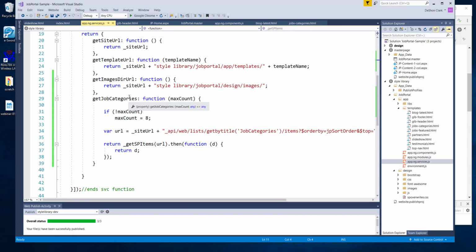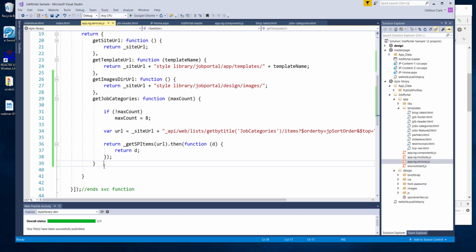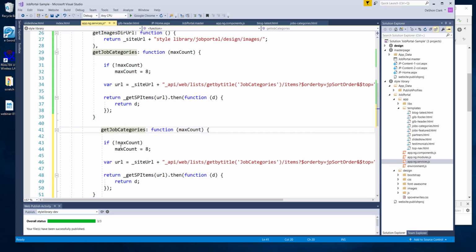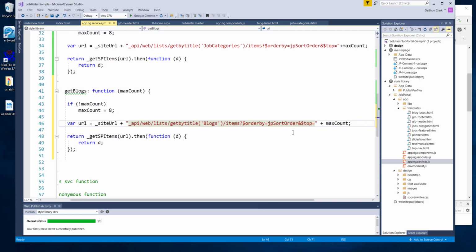So now to stamp these out is really just a matter of, like, if we wanted to say get latest blogs or get blogs, it's really just get blogs here, let them specify the max count. We can reuse a lot of this, and then, we haven't done this, but say for example, if we called it blogs and ordered by modified, and then modified, is that spelled right? Yeah, modified, and then the top count,